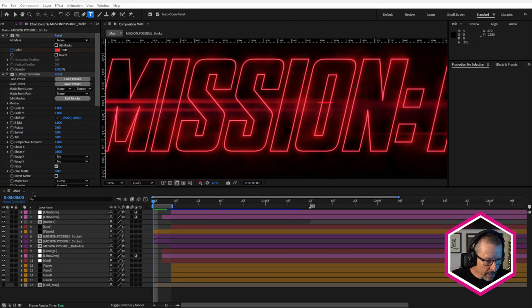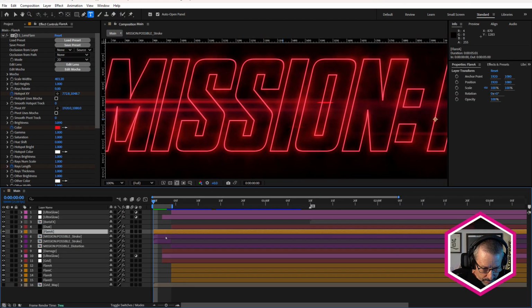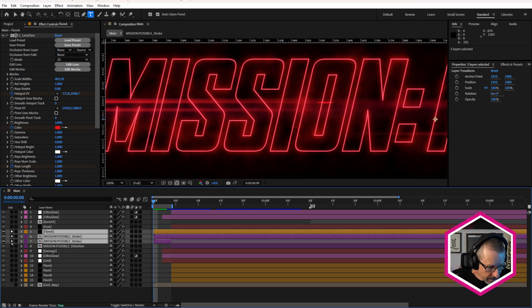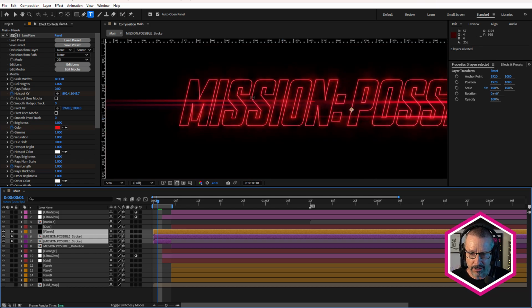Alright, so here in the main composition, I'm going to come down and just isolate these three layers, just solo those. These are the ones we see at the very beginning. I've followed the trailer graphics to some extent. If you take a look at them, it starts off with this red stroked text and kind of smoky and has a flare on the front. So I've definitely used it as inspiration, but I've also used my own creative license later in the look.